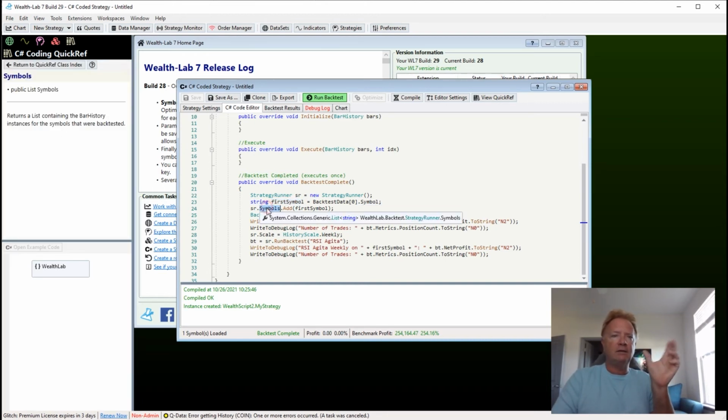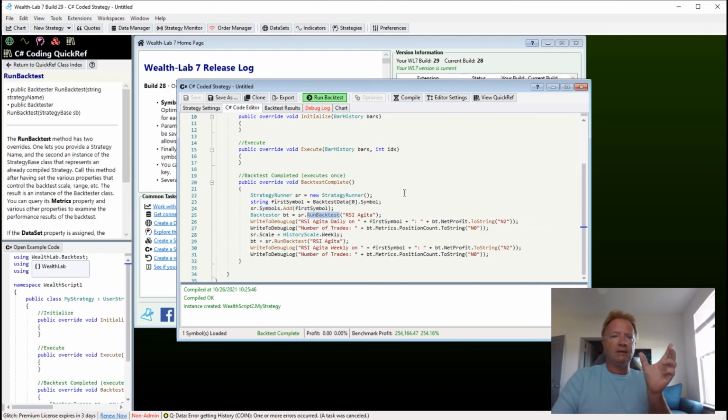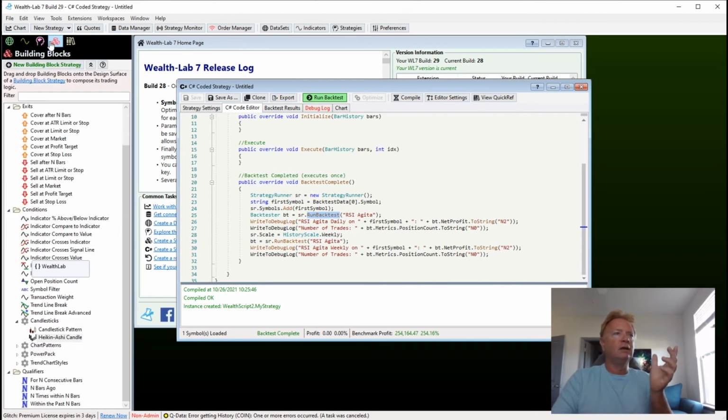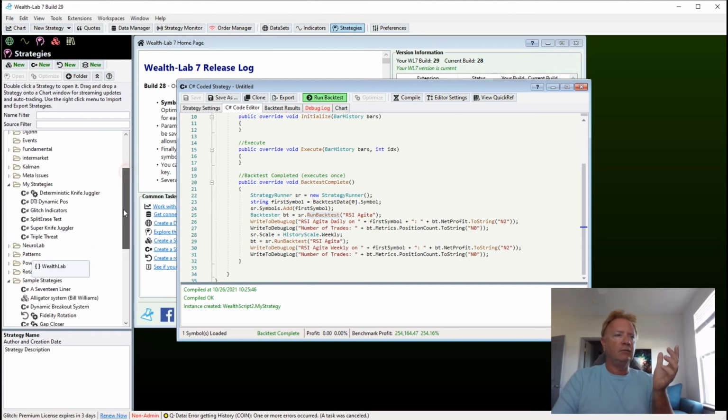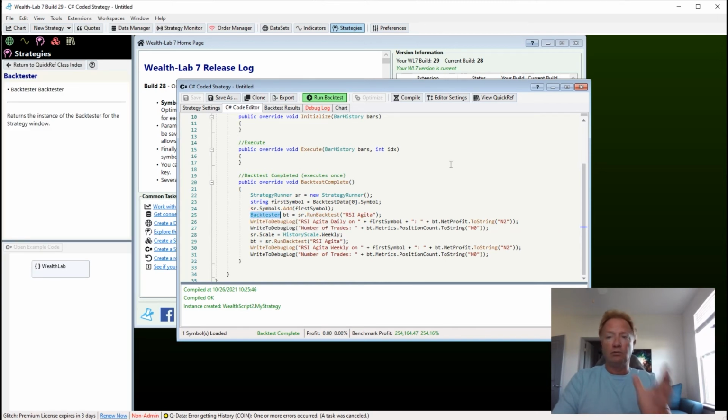We're going to add it to the symbols of the StrategyRunner that we created. Then we're going to run a backtest on this strategy called RSI Agita. It's in the sample strategies here. So you could run a backtest on any named strategy. Then we're going to write to the debug window the net profit and the position count using the backtester instance that is returned